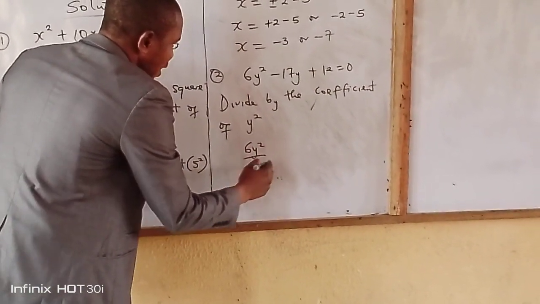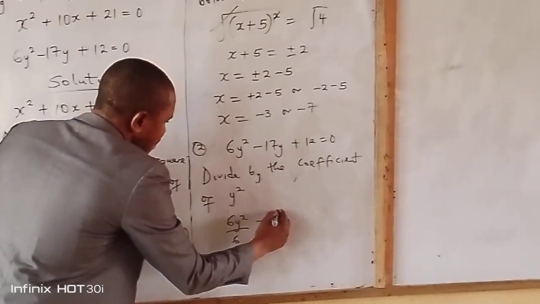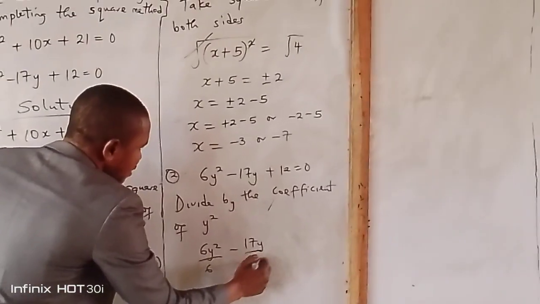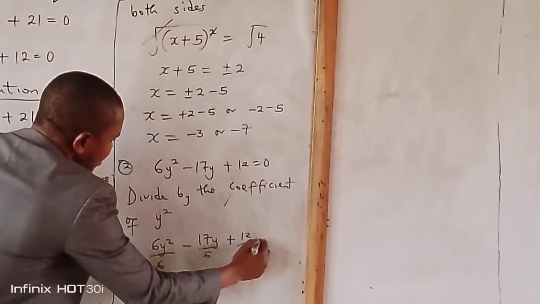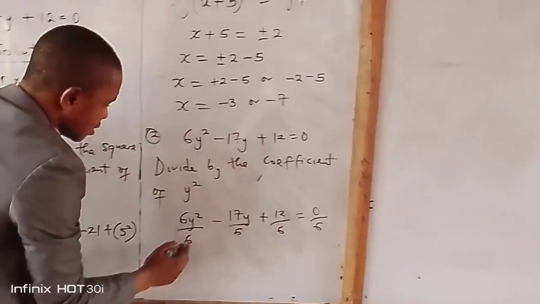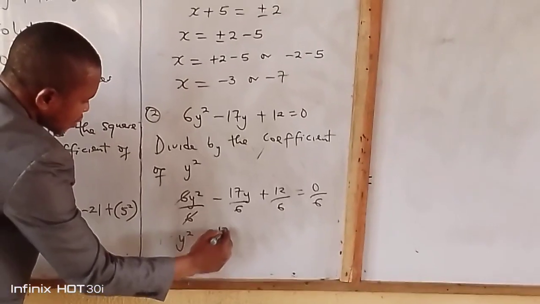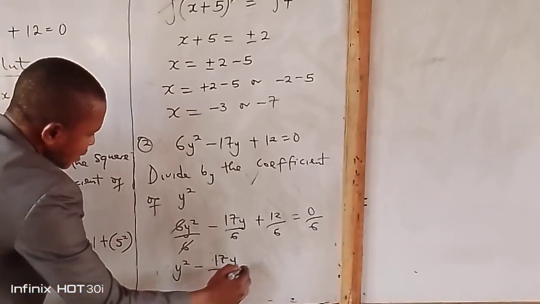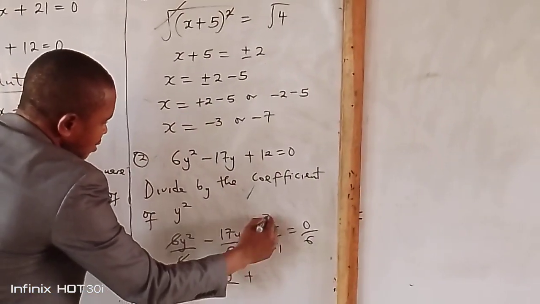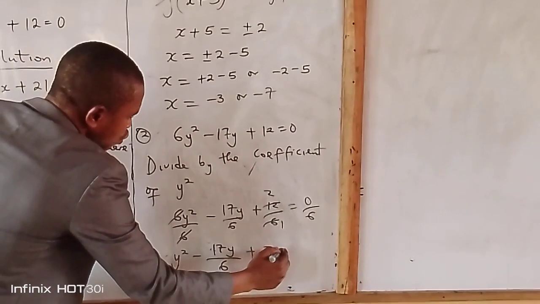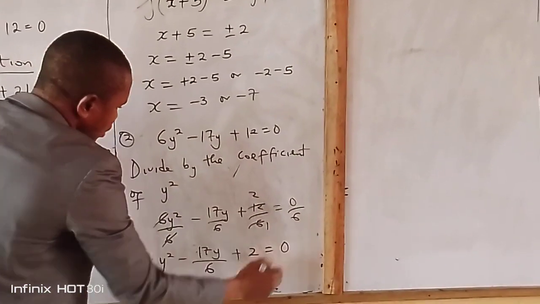So we have 6y squared divided by 6 minus 17y divided by 6 plus 12 divided by 6 is equal to 0 divided by 6. We eliminate 6 here, and we are going to have y squared minus 17y over 6 plus 2 is equal to 0 divided by 6,